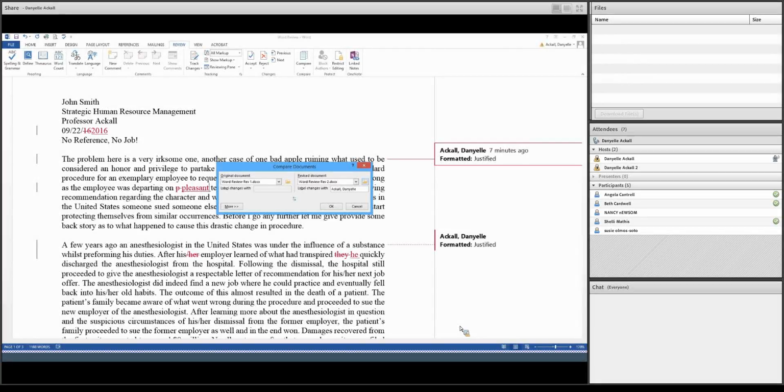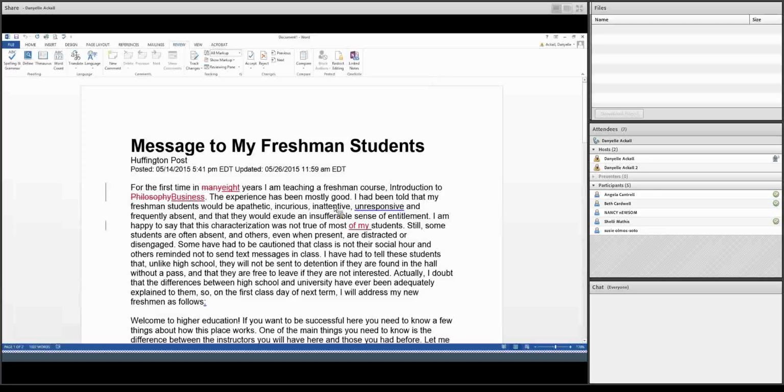In your case, you may have created Revision 1, sent it out to your colleague to make edits and suggestions. They saved it and sent it back to you without the red line, so they just made changes. And now you need to compare those to see what changes were made. When I hit OK,